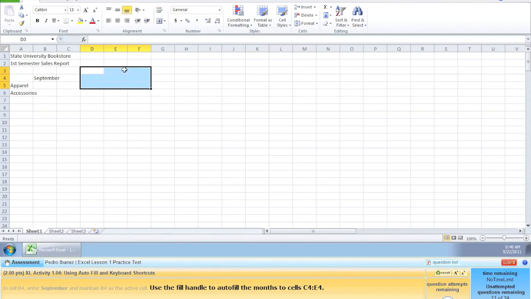This is the common white cross. For right now, what they are telling us is to use this little corner right here. You notice as soon as I hover over this corner, it becomes a thin black solid cross, and that means wherever I drag this, Excel will automatically input values on those empty spaces related to the one that you are dragging it